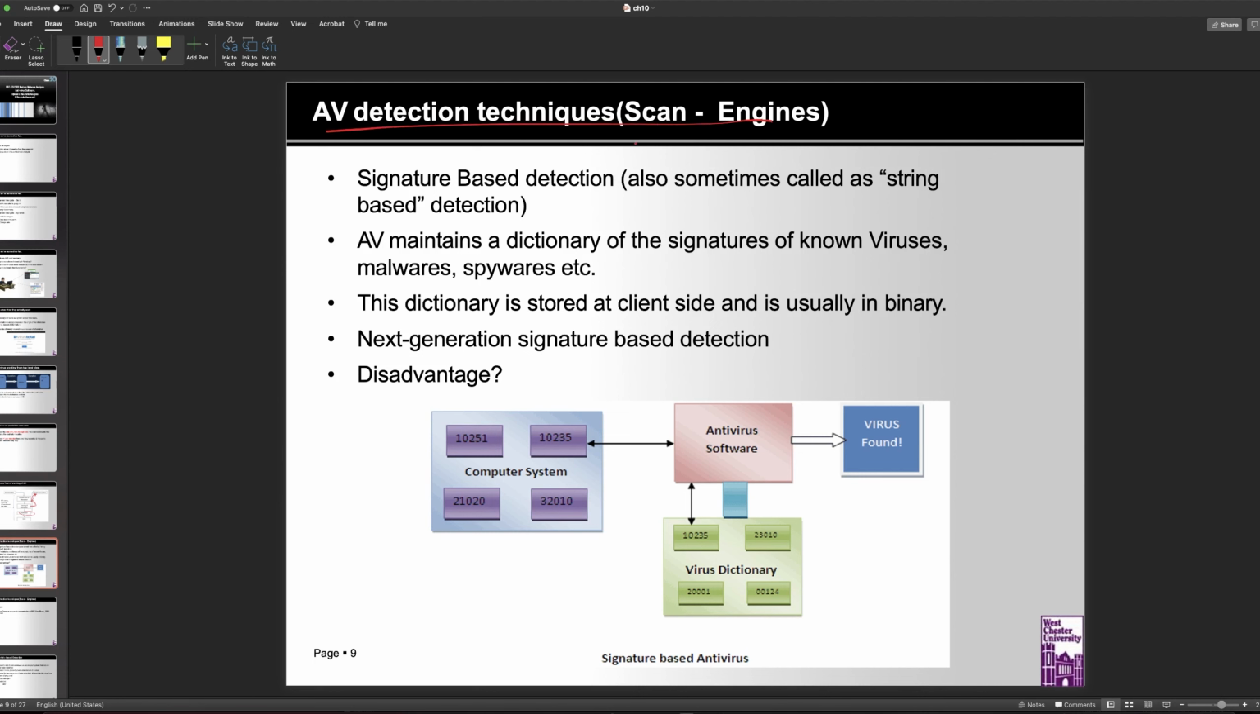Anyway, so let's talk about these antivirus detection techniques. First, we're going to talk about the very basic ones, the scan engine. So in the Stone Age of computers, like 20 or 30 years ago, most of the antivirus software